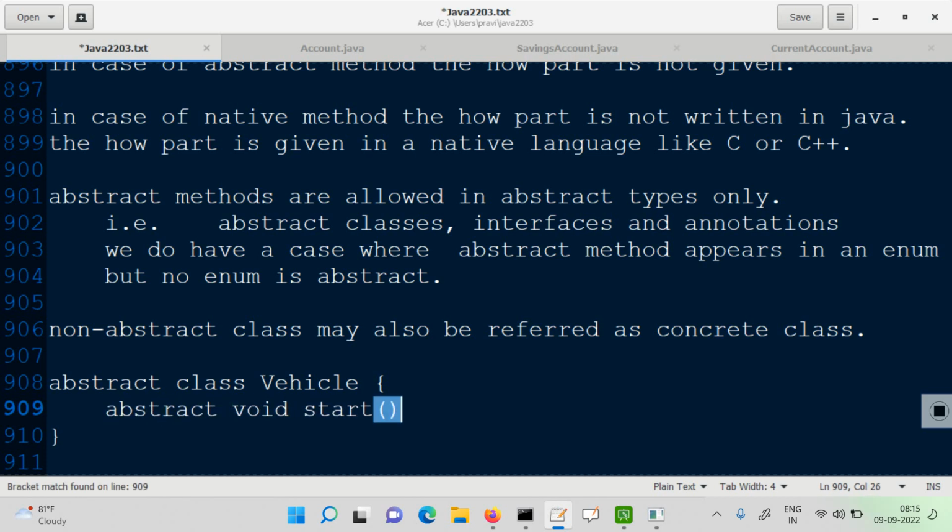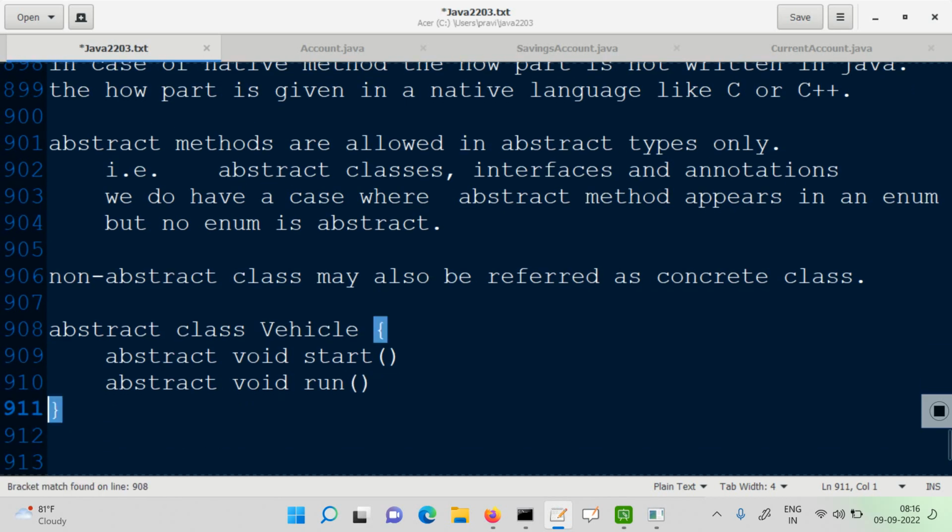I'm not going to say how it is done. Vehicle doesn't specify how it is done. We would have other abstract methods as well: start, stop, accelerate, and other things. Someone says we also have a method called run. So vehicle has to run. Fine. Next step, we go for the subclass of Vehicle called